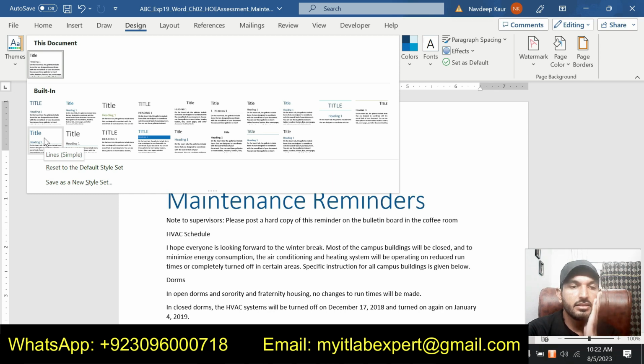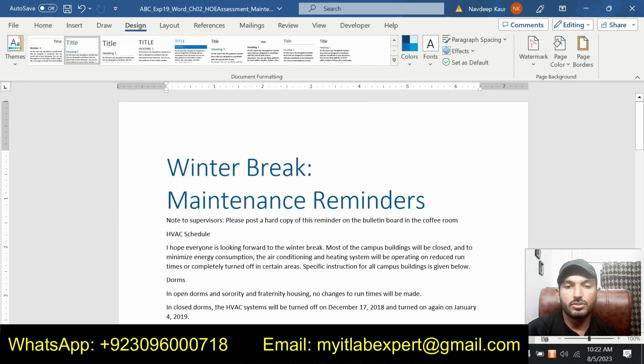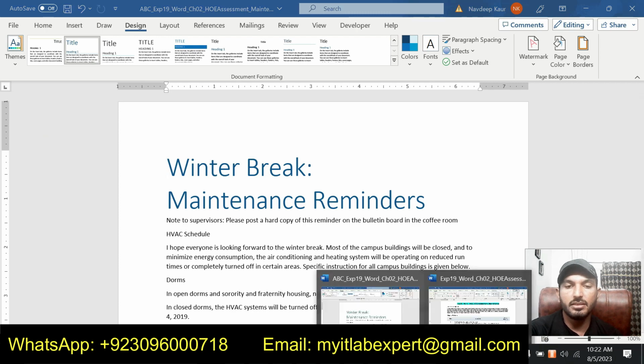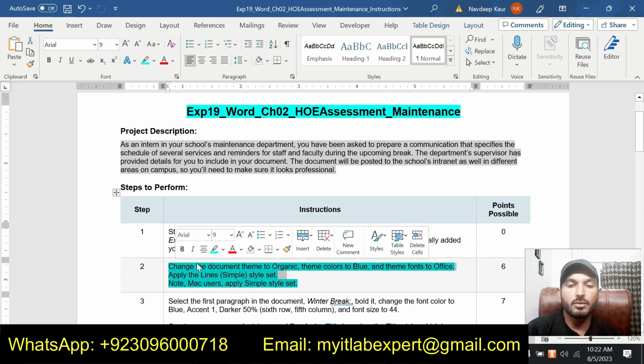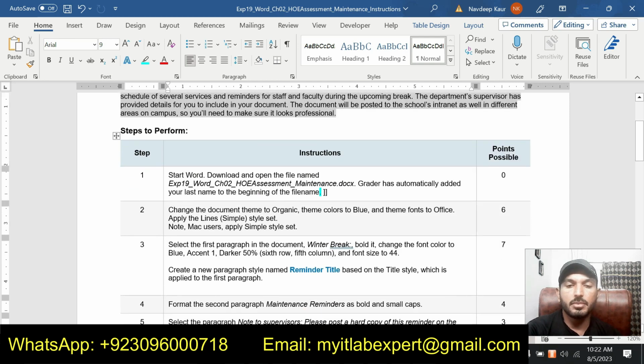This is the Lines (Simple) style set, so just select this one. So we have applied the Lines (Simple) style set. That is all required in step number 2. We have completed this step and now we're going to do the next step, step number 3.